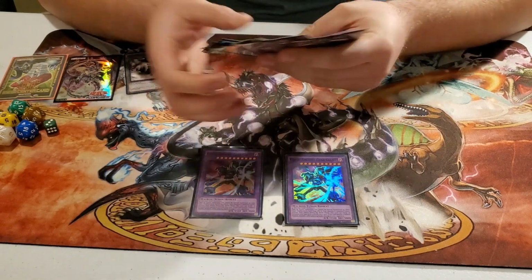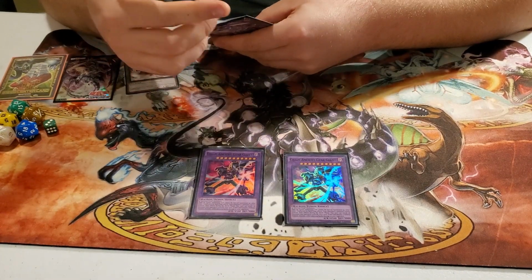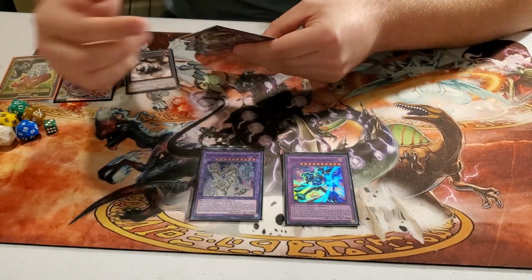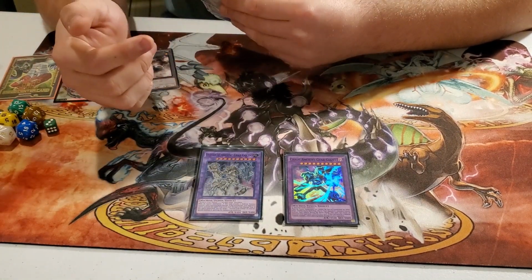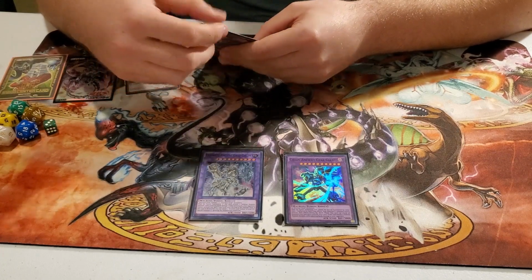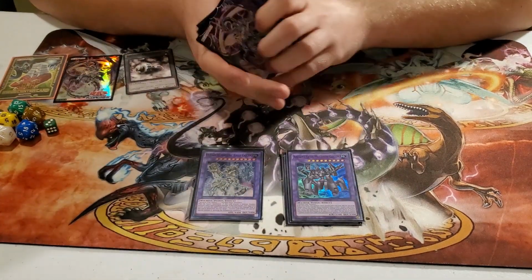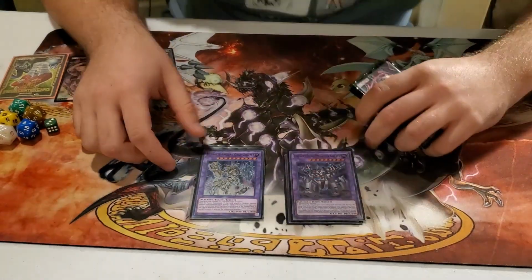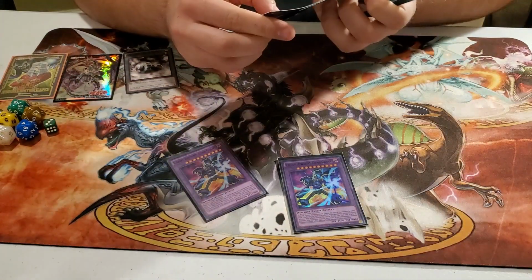So then we got Ultimate Ancient Gear Golem. Just a nice fusion. Doesn't really do anything too much special. And then the Ancient Gear Megaton Golem. Again, just another special one. I believe one of these... Let's see, it was...